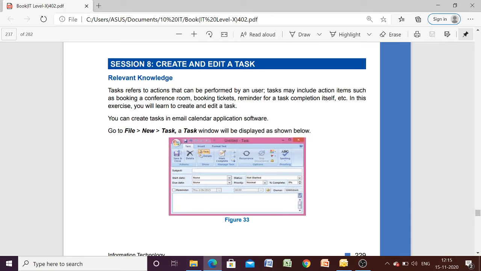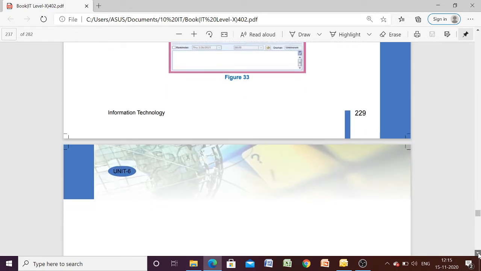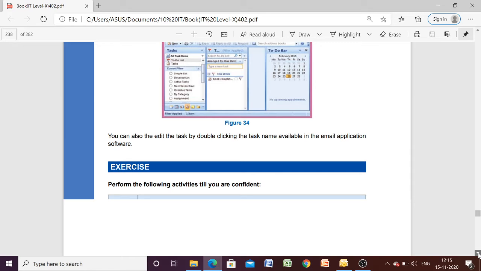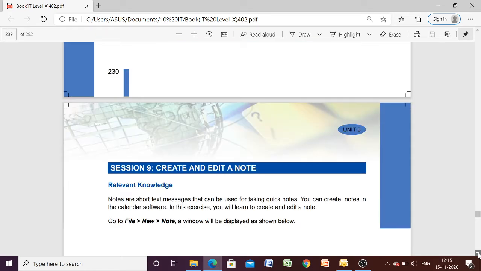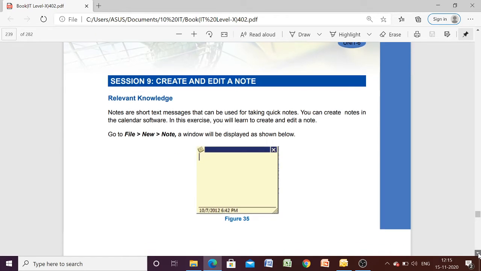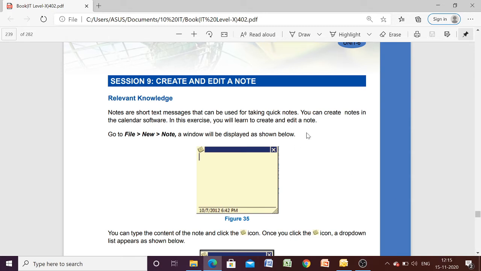It may include action items such as booking a conference hall, booking tickets, or a reminder of any task. These can be considered tasks, and we can edit a task by double clicking on it. In a similar way we can categorize it also.